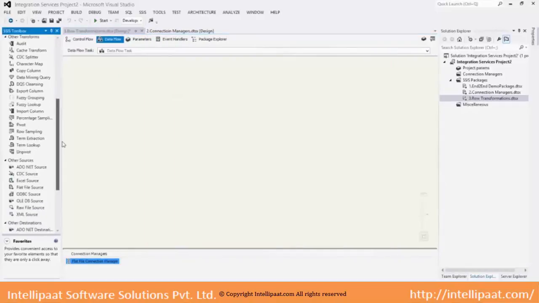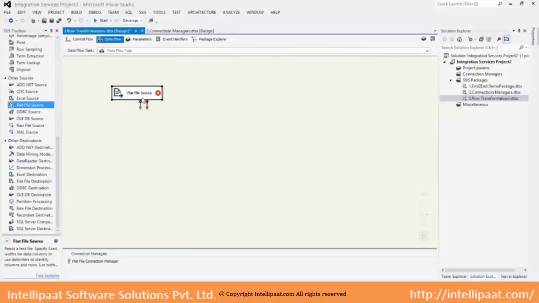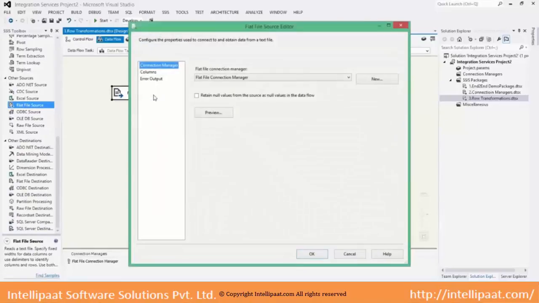Now I need a source to read data from this flat file connection manager. I need a flat file source. Connect the flat file source to the connection manager.